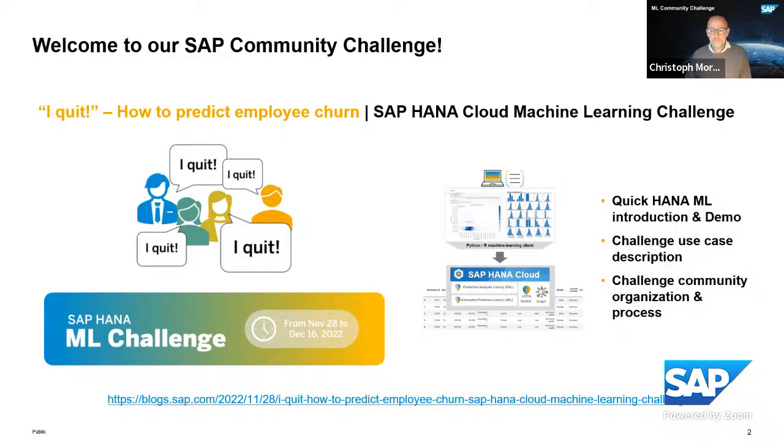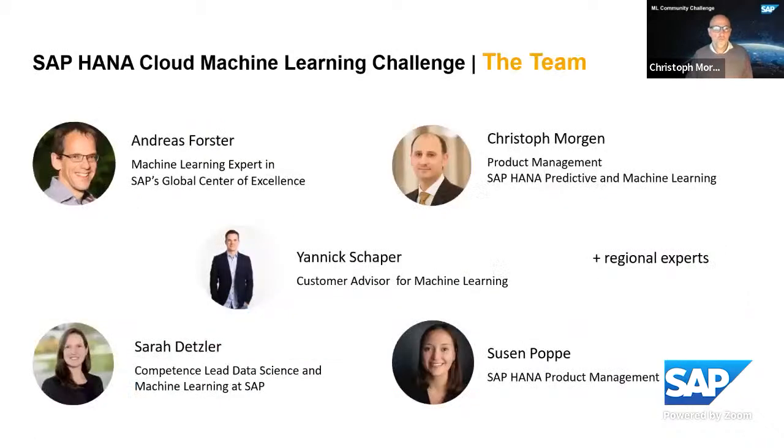And Yannick and Sarah will then describe the challenge itself, the topic, which is the key use case for our challenge. And also Andreas will then outline how we organize the overall challenge from a process perspective, when we meet, how we can interact, and how you can get access to the HANA Cloud challenge.